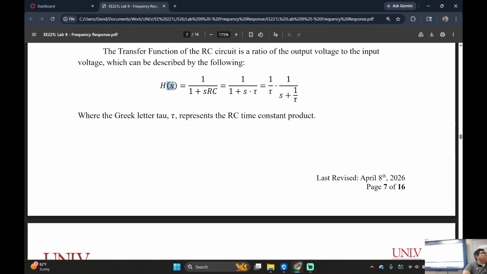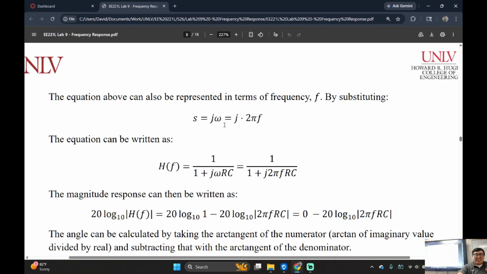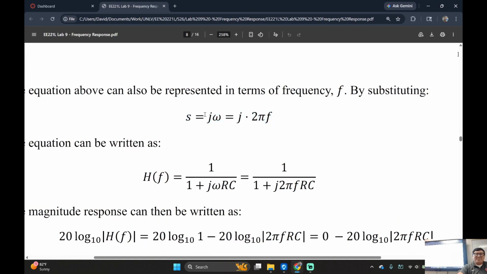S is equal to sigma plus j omega, right? For those who are my EEs, my electrical engineering students, you're going to be studying that in 360 next semester. For those who are CPs, I think there's CP 260 you can take. You can learn about that too, okay? I don't know who teaches that. But anyways, j omega. I didn't put the sigma because I didn't want to make it too complicated, but